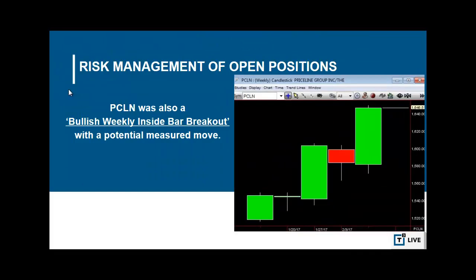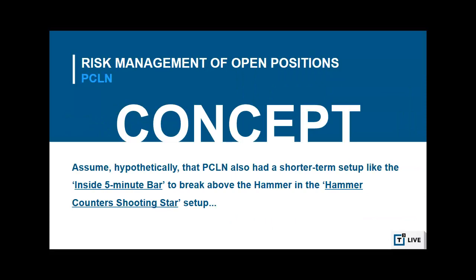On top of that, Priceline was also a bullish weekly inside bar breakout with a potential measured move, the inside week and to the upside. So if we assume hypothetically that we timed that 30-minute with a shorter-term setup, like an inside 5-minute bar to break above the hammer and the hammer counter shooting star setup,